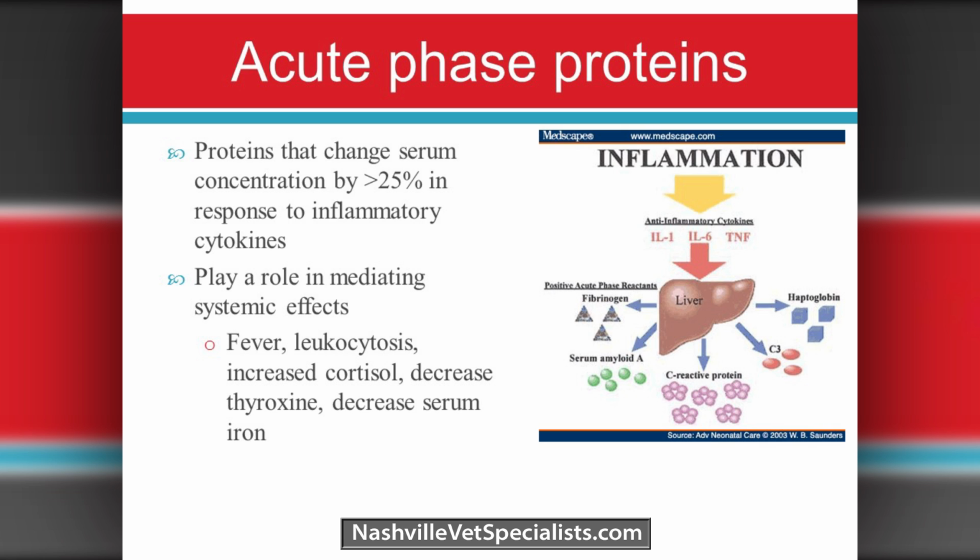They really mediate the systemic effects of fever, leukocytosis, increased cortisol, decreased thyroxine, and decreased serum iron. So these are big players of the acute phase protein. And again, you're not measuring it. That's the tricky part. A lot of times we look at the low albumin and forget there are acute phase proteins that can be really high that we're not truly measuring, and the animal's really sick, and we're